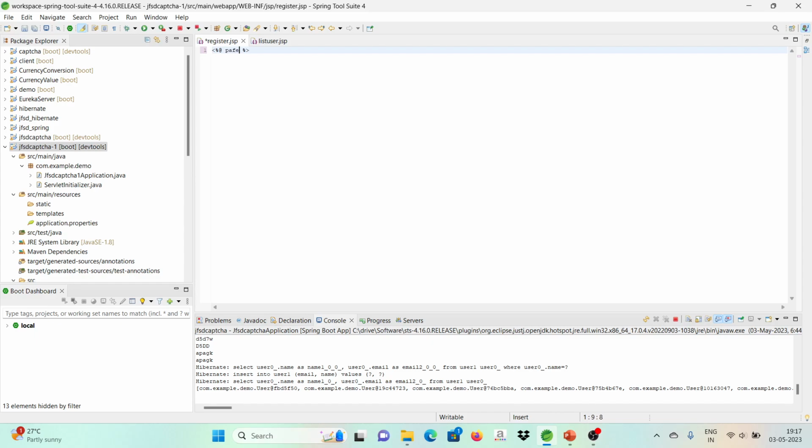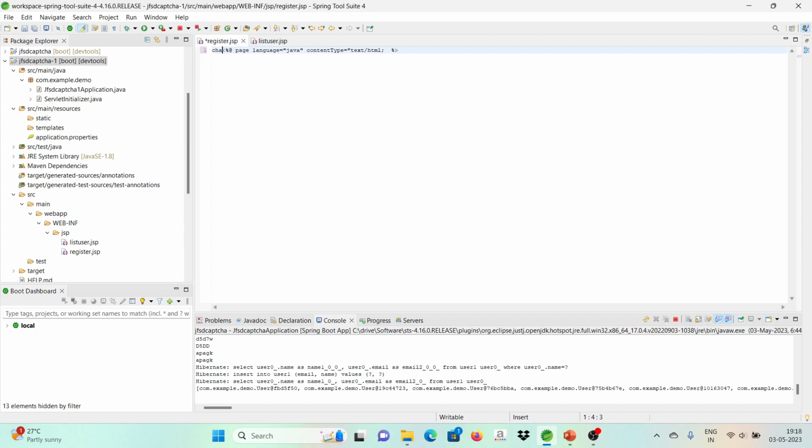The first one is related to page, this page-related data. I'm going to say the language attribute. Language is Java. Next, content type. Content type is text/html, then put a semicolon and continue with